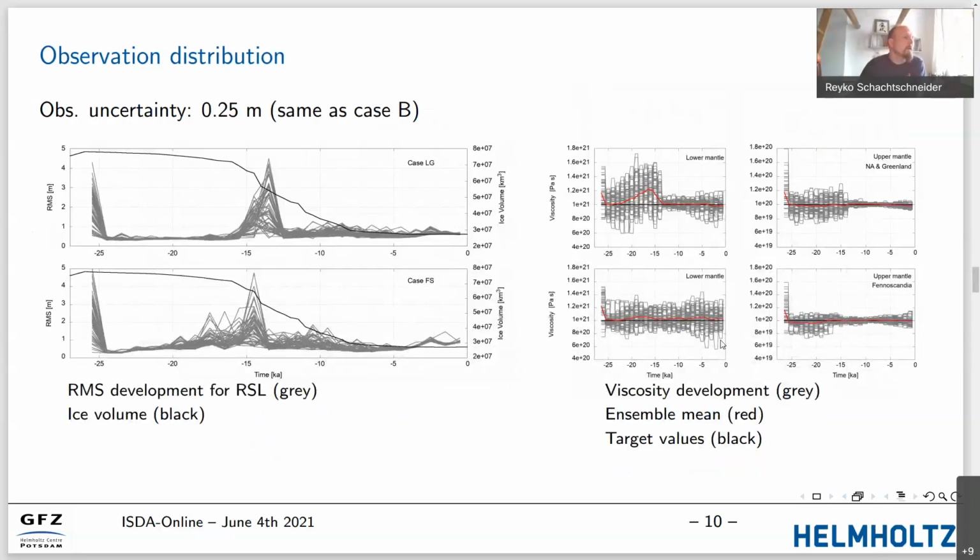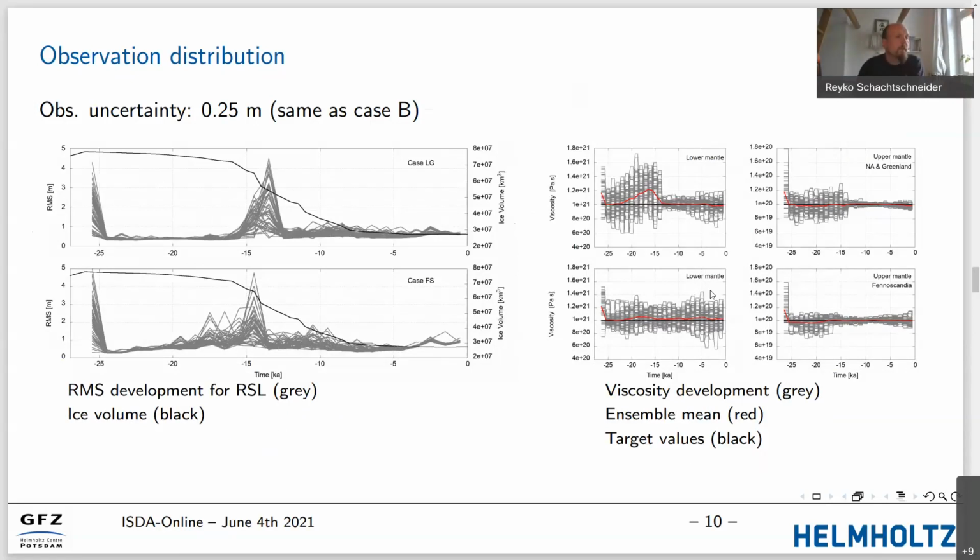Okay, in the next test, we used only observations from one of the regions that I showed you. Here, Laurentide in Greenland, so that's the North America region that was shown in green in the top row. We have in principle the same picture as when using a global data set. The uncertainties, that is the ensemble spread here, is a little bit larger, which is expected when only using fewer